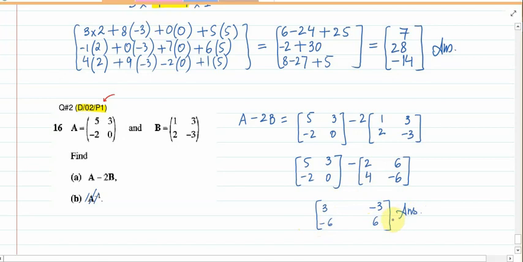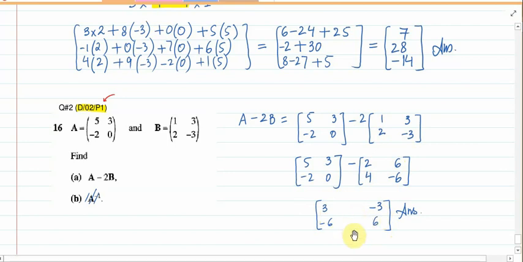Now this question comprises 2 marks. You see that it is an easy question. The first mark you gain on this matrix when you multiply with the 2, and the second mark you will gain on your complete answer, right? If there is anything wrong with one element, let's suppose instead of 6 you write minus 6, then it will deduct your 1 mark, right?